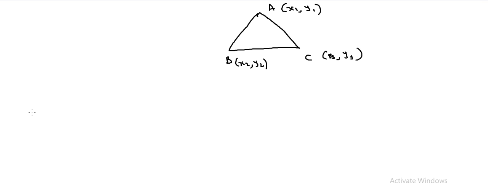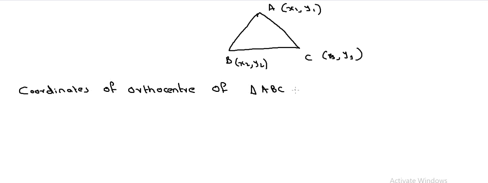Then the coordinates of the orthocenter of triangle ABC are given by